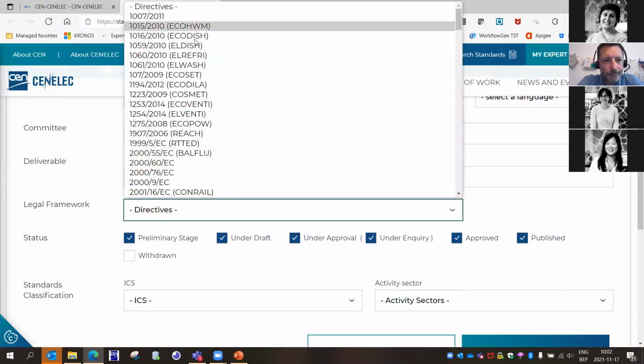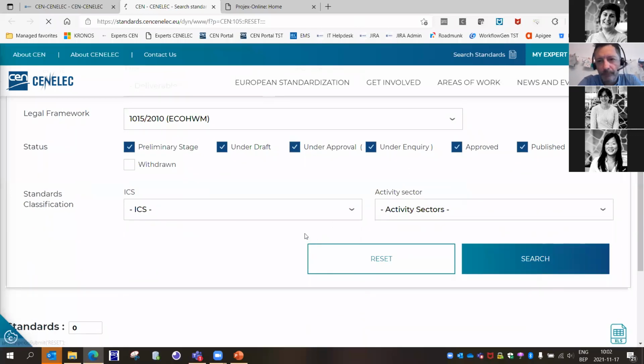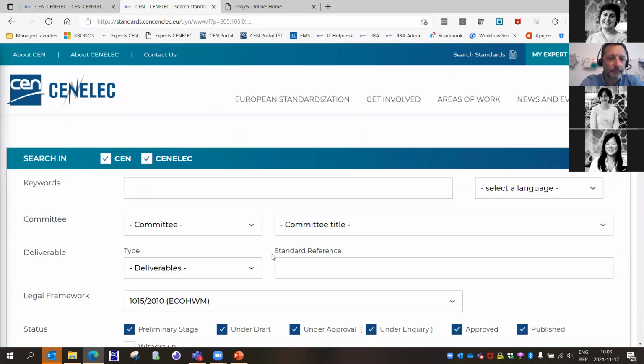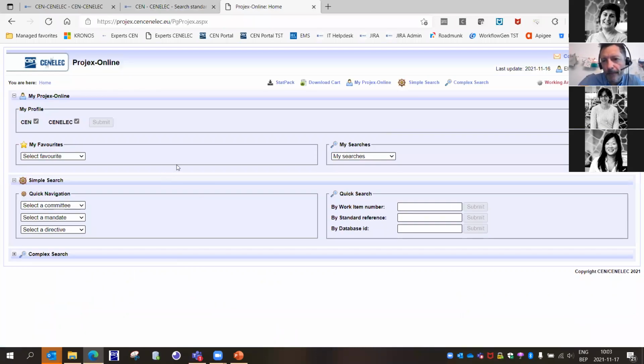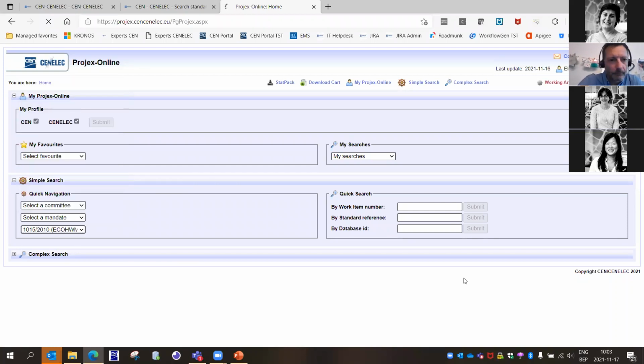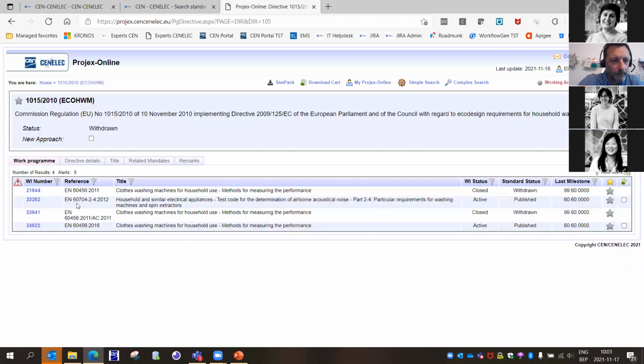So you can search by directive and you get a list of standards linked to that specific directive. It is the same for projects online. On the quick search navigation you can also select a directive, and you will get a result, a list of standards linked to that specific directive.